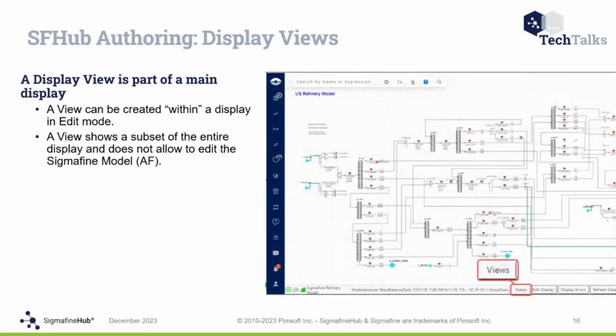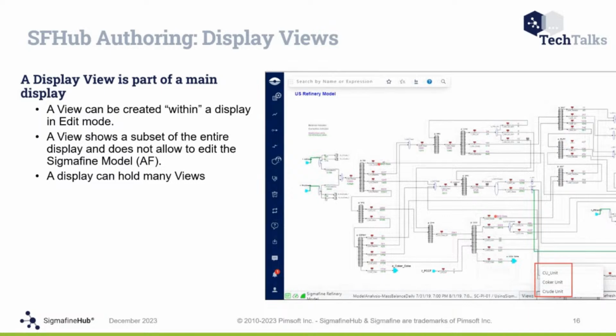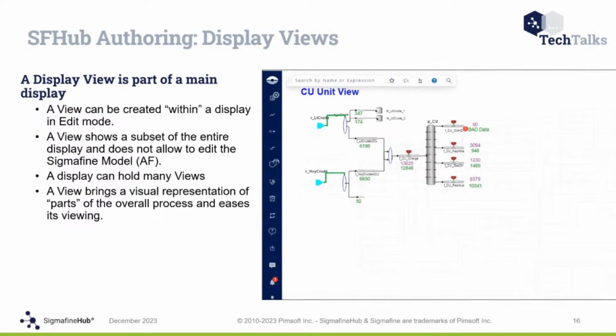A view shows a subset of an entire display, but it doesn't allow you to edit or make any change to that display. As you can see here, down there is a view. As soon as you have a view, a views button appears, and if you click on it, you can see all the views. A display can hold many views, and a view brings a visual presentation of parts of the overall process and eases its viewing. It's really aimed to ease the viewing